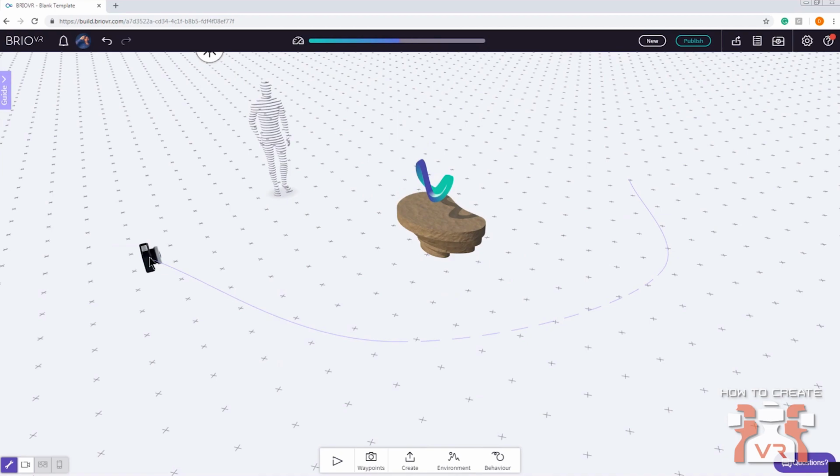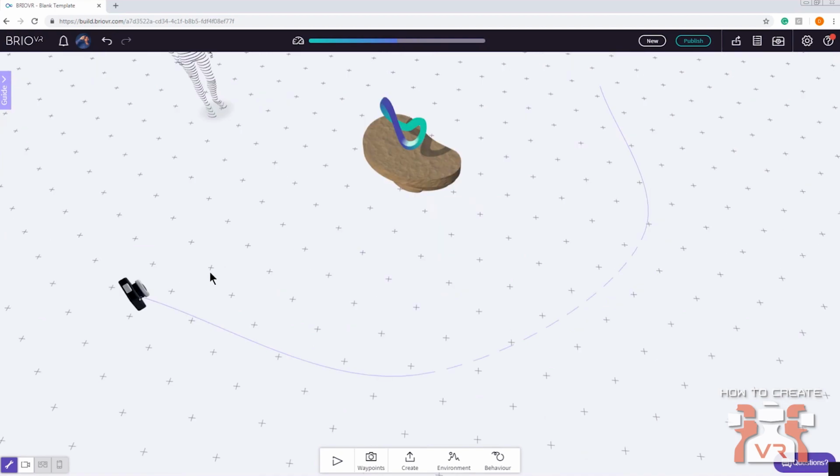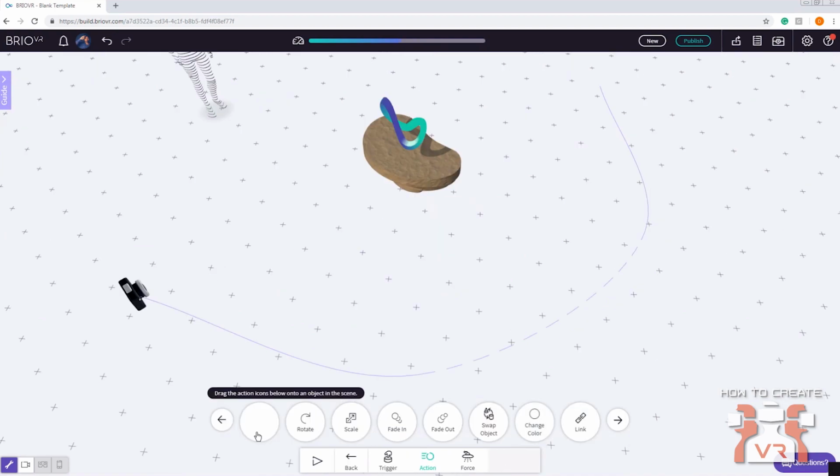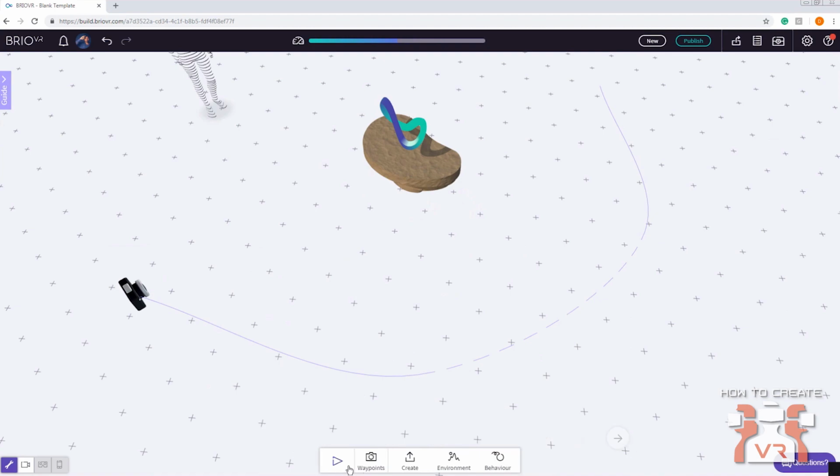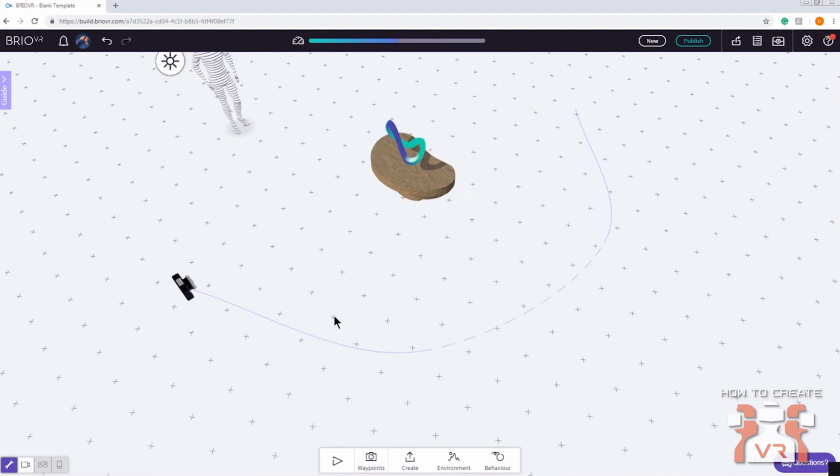Waypoints are for cameras, but we do have another sort of point-to-point style of animation for objects. Okay. And that's under there's a move behavior that allows you to do that. I see. So waypoints are almost like keyframes for cameras. Yeah, they're kind of like keyframes, and it sets up a motion path. Right. And you can edit the points along that motion path to get your viewer where you want them to